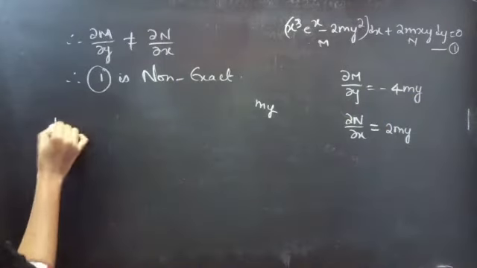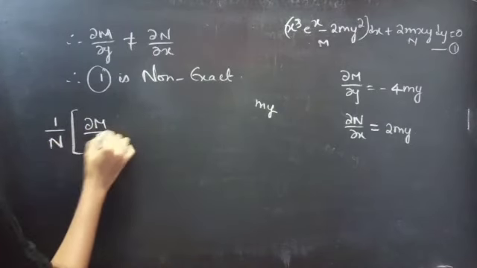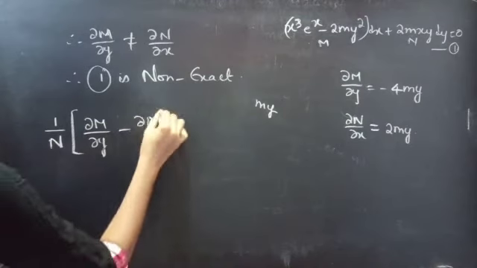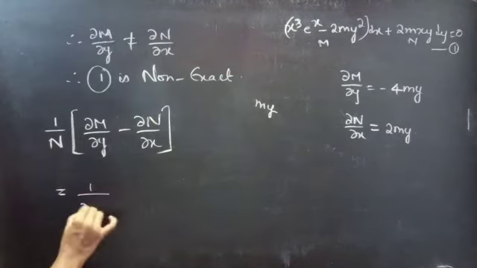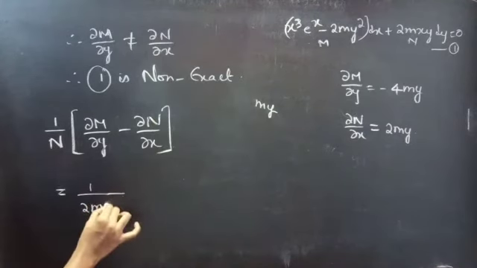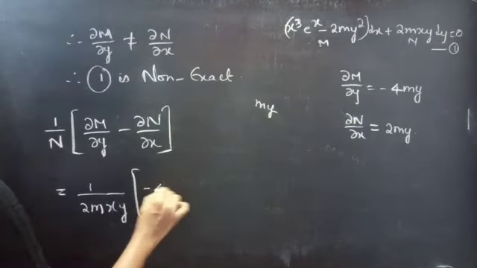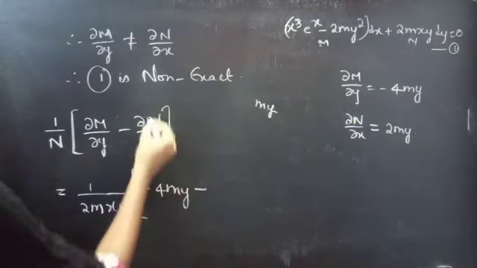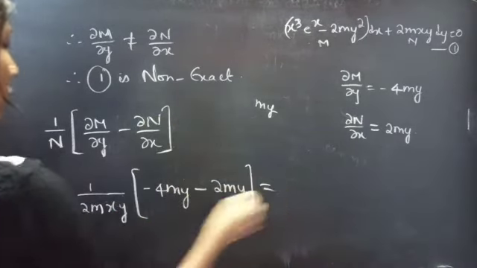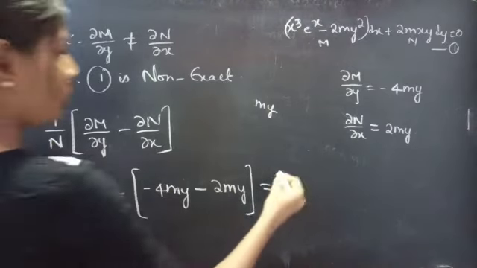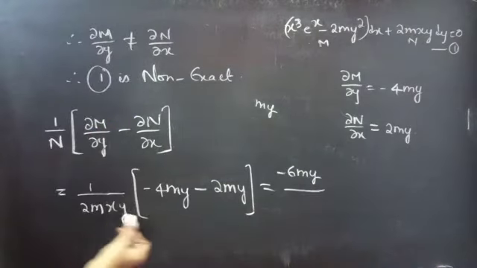So find 1/N times (partial derivative of M with respect to y minus partial derivative of N with respect to x). This equals 1/(2mxy) times (minus 4my minus 2my), which is minus 6my by 2mxy,